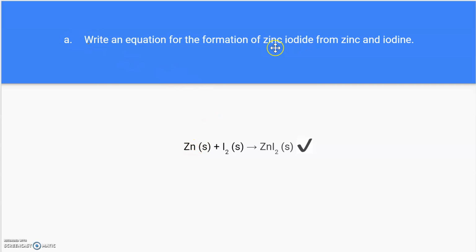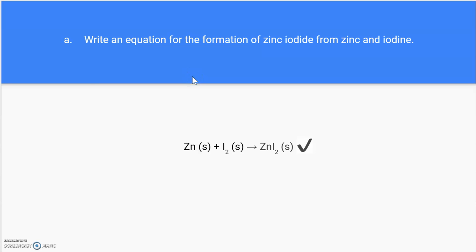So this equation specifically is fairly simple. You'll just add zinc and iodine expressed as I2 because it's a diatomic molecule, and you'll just get zinc iodide. The 3 of them are solids, both of the reactants and the product, so it's fairly simple. But in the case that it were